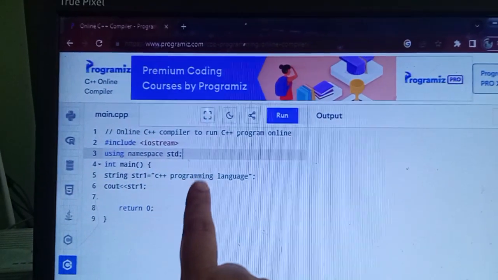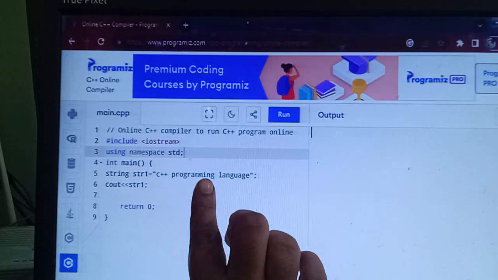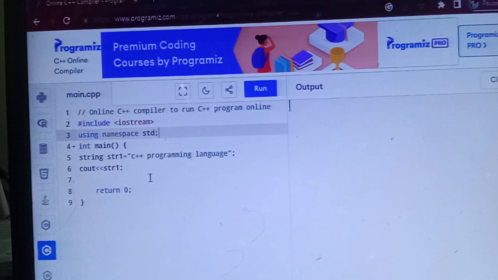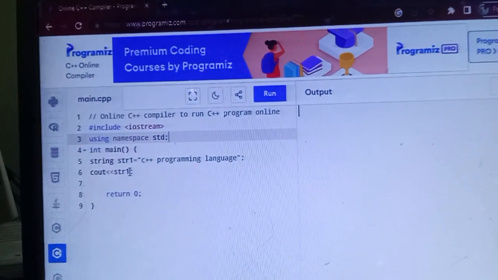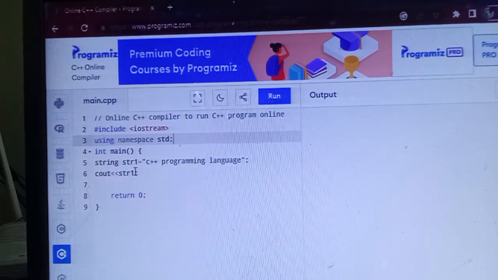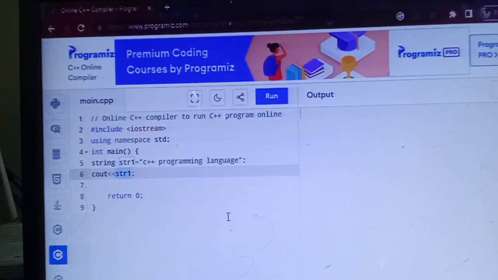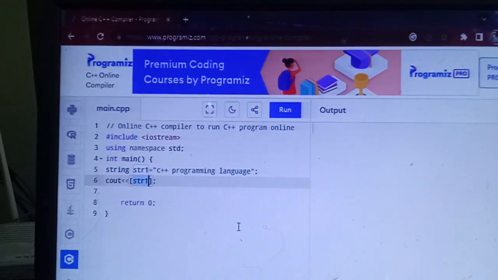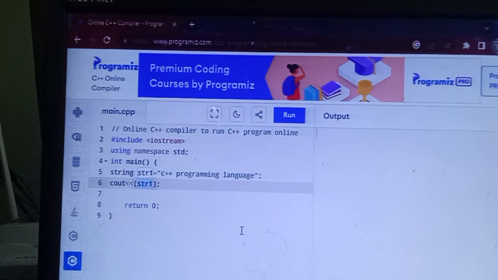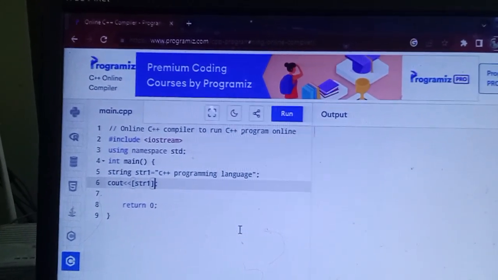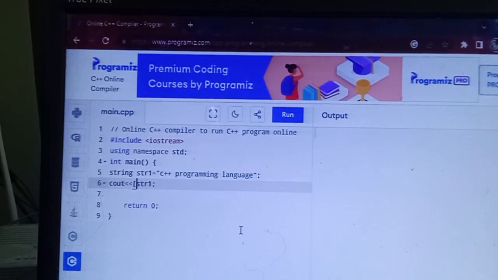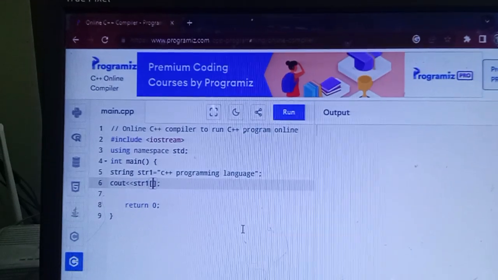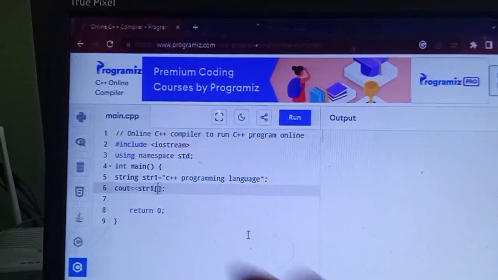Now if you want to access only some part of the string, we can use square brackets here. Just give any specific number.